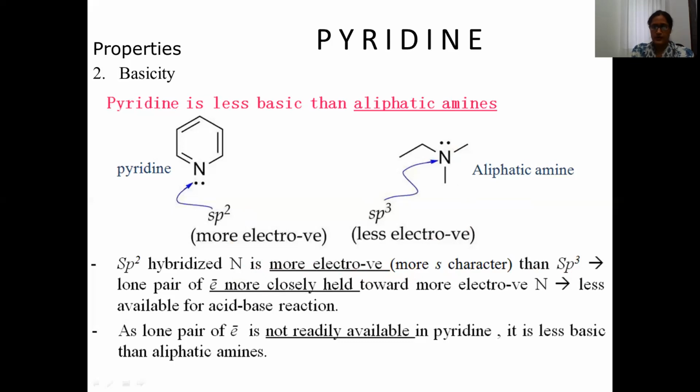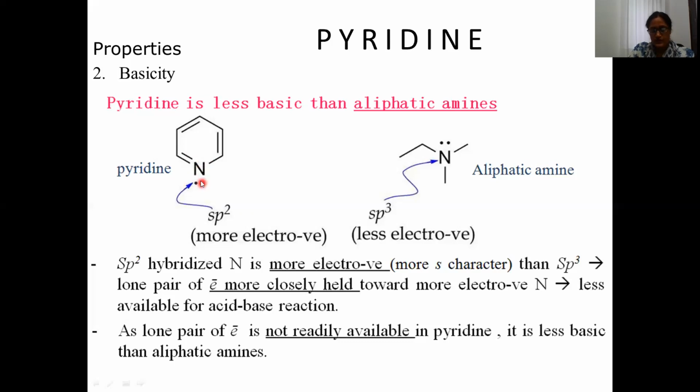So the lone pair of electrons is more closely held towards the more electronegative nitrogen. So this nitrogen nucleus is bonded to the lone pair of electrons very tightly, or very closely,